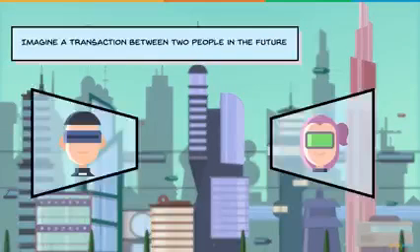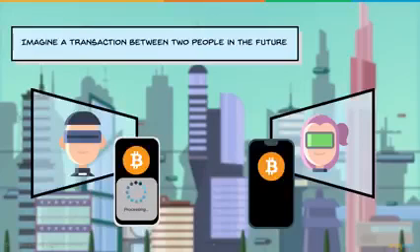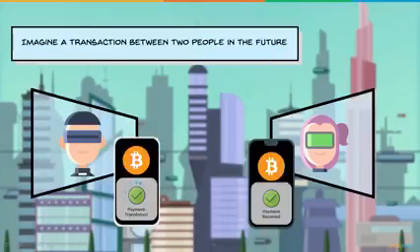Now imagine a transaction between two people in the future. One of them has the Bitcoin app, and there's a notification asking whether they're sure they're ready to transfer 5 Bitcoins. If yes, processing takes place. Here we're authenticating the user's identity, checking whether they have the required balance to make that transaction, and other things. After that's done, the payment is transferred and received. All of this happens in a matter of minutes and is as simple as that. This in turn removes all the problems of modern banking. There are no limits to the funds you can transfer, your accounts cannot be hacked, and there's no central point of failure.